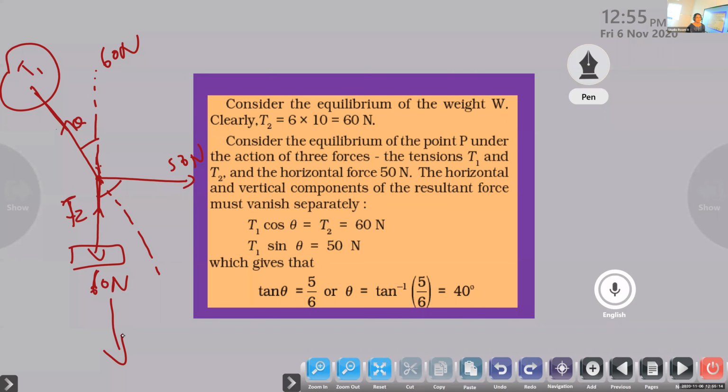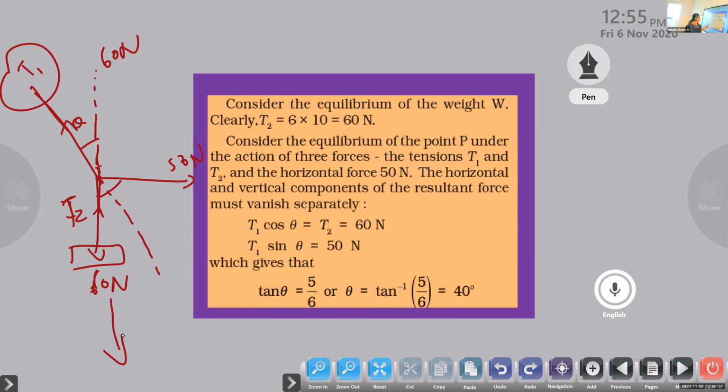Yes, because that is the equilibrium condition, no? We have considered concurrent forces, which means equal in magnitude but in opposite direction. So if 60 Newton is acting downward, there is a normal reaction force or tension force, depending upon the situation. It will be equal but in opposite direction.